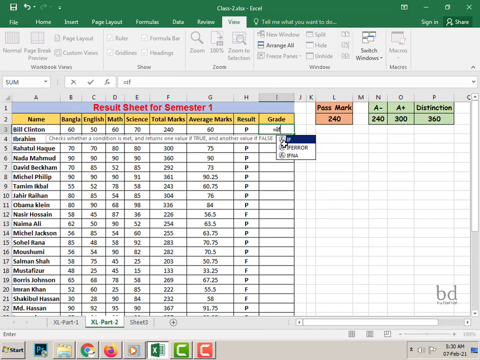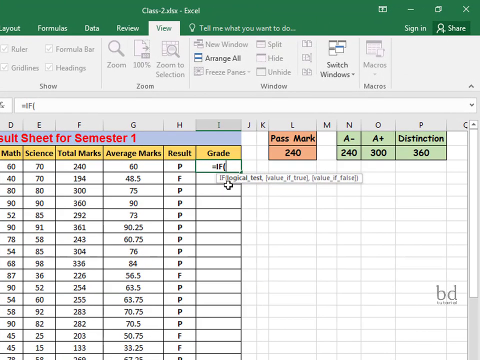Equal sign, IF, press tab from the keyboard, and we have to write here AND function because we have two conditions here. One is the student has to get 240 or more than 240, and another one is the student will get less than 300. So we will write here AND function and press tab from the keyboard, and our logical test value cell is this one. Okay, we click here, and if it is greater than 240, so greater than sign or equal to